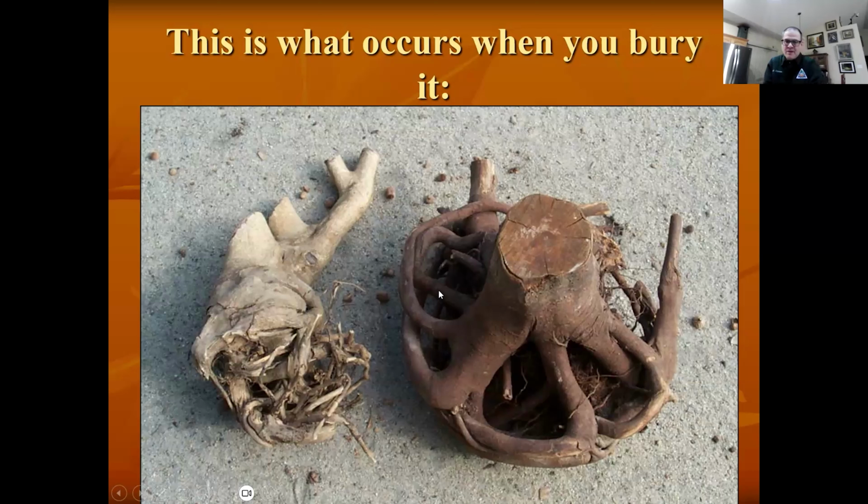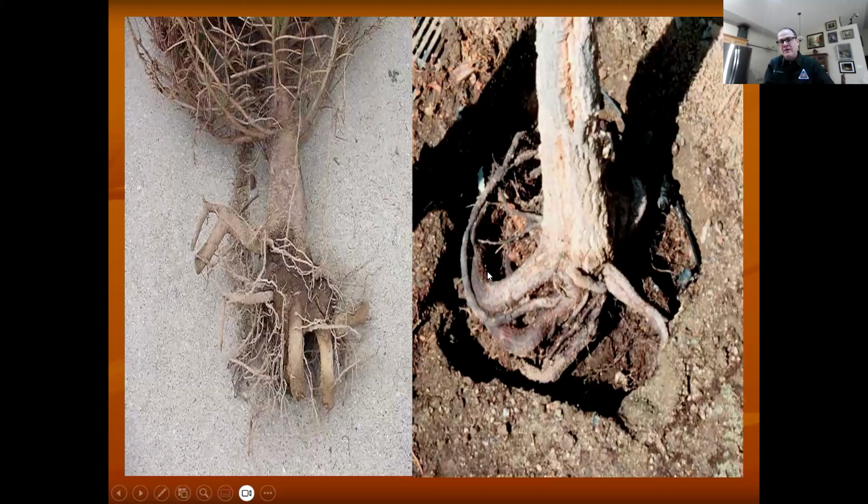They should have got a sharp shovel or an old pruning saw and shaved about, for this size, about an inch all the way off the edge, and just cut all those roots all the way down the side edge. And that way, when they cut them, those roots will reinitiate and grow out instead of being trapped encircling the tree.